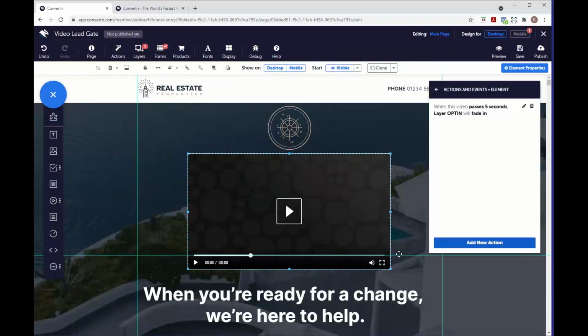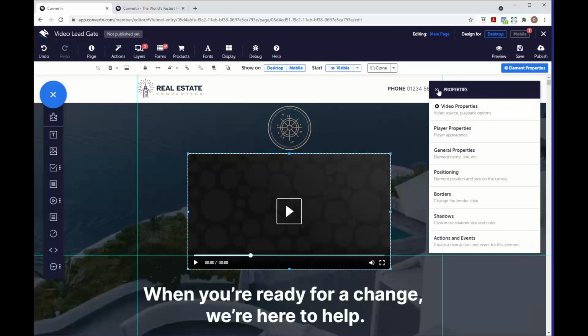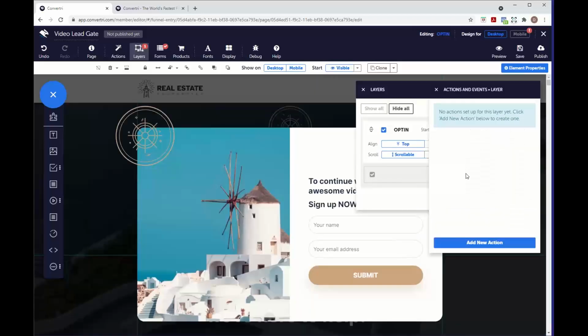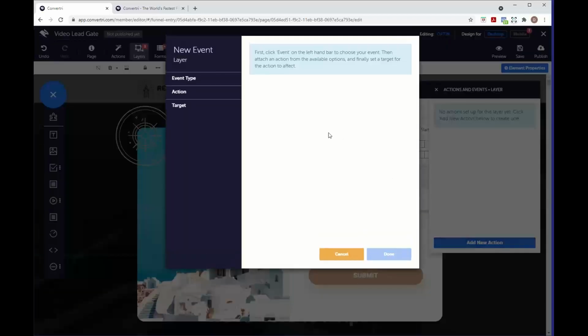And now we need to set up an action and event sequence on our layer itself. So we go to layers. We can click the 3-dot menu on the layers and then use actions and events to begin setting this up. Once we've got this opened, what we're now doing is we're setting like a buffer. So after the time passes, so after 6 seconds, or I think 5 seconds we set it up, we want the layer to show. What we also want is the video to be paused so that it's not playing in